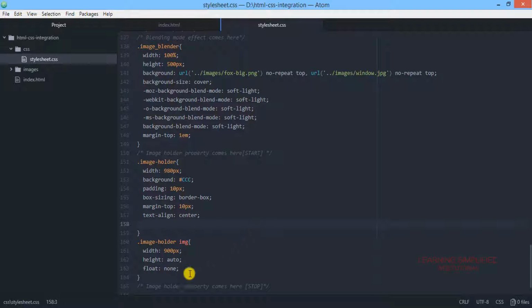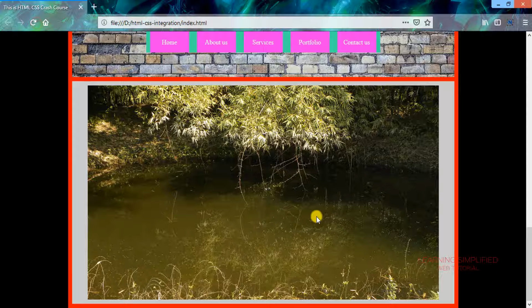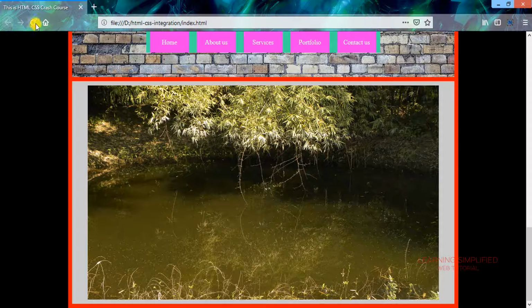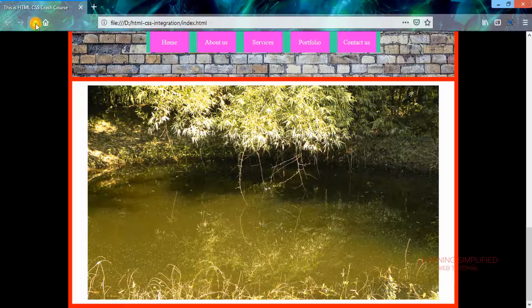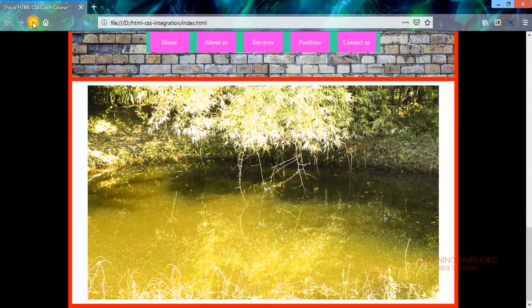So we have removed it, and reloading, we can see that this is the original output of this image. Now if we provide a brightness of 150%, reload, and you can see that the brightness level is now increased. If you want to understand it better, make it 250%, get back to your project and reload, and you can see that the brightness level is increased more.